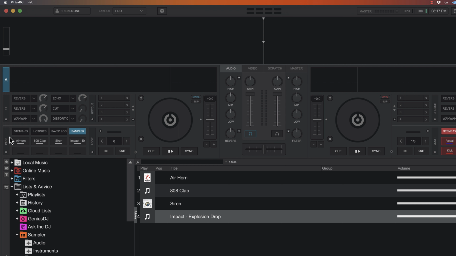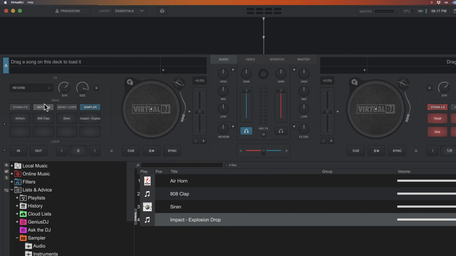So you just click this pads button and you'll see the sort of edit mode where you can select which sample bank you want. There are also buttons on your controller that'll let you cycle through these as well. And once you're happy with it, you can switch back if you prefer one of the other views. And of course you can trigger them